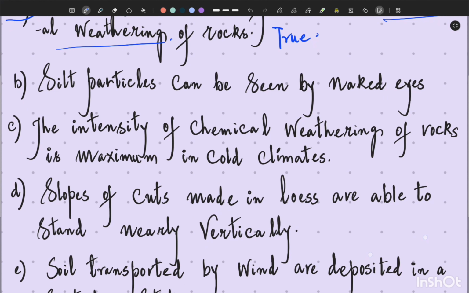Next one, silt particles can be seen by naked eyes. No, definitely not. This statement is false. The statement that silt particles can be seen by naked eye is false, because silt is a fine grained soil. And the point to note